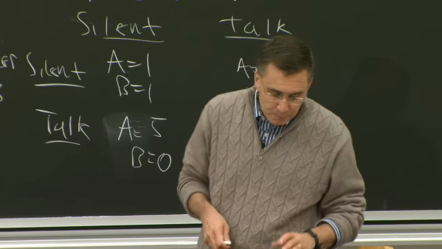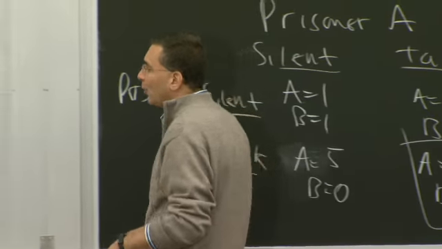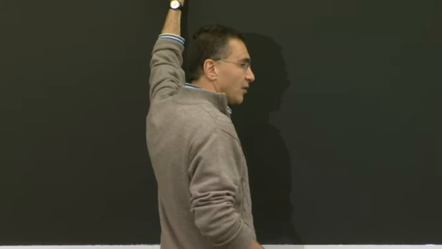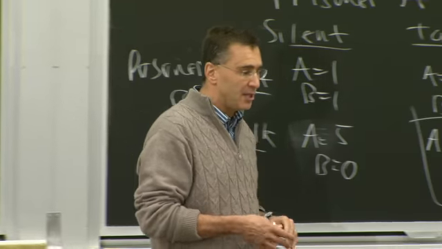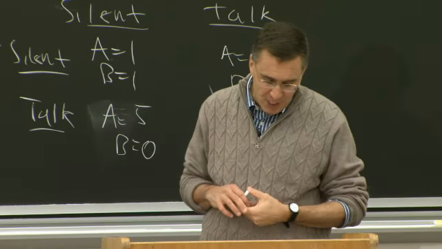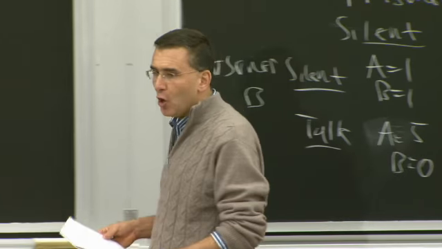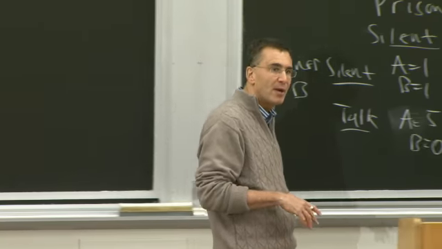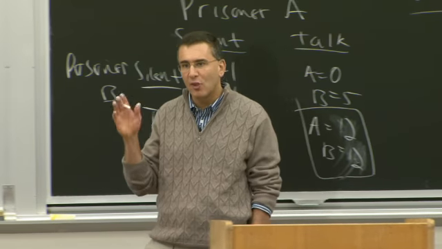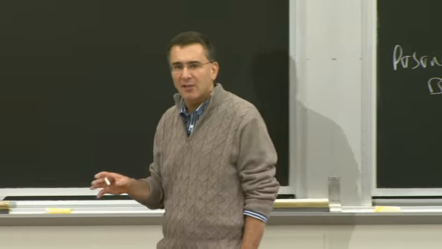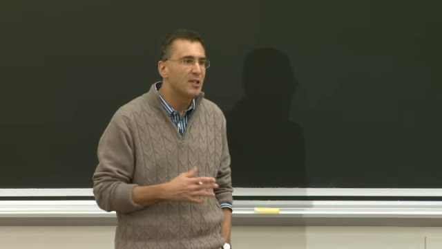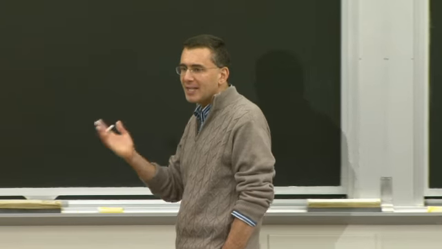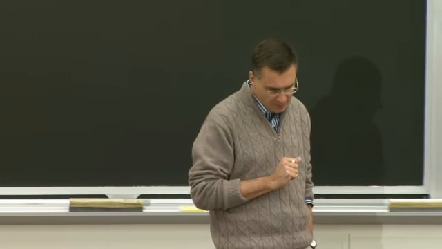Okay. Now, this is not just a cute example that you can use for prisoners, but actually explains firm behavior in many contexts. So the best example I like to think of this is to think about advertising. Okay? So imagine Coke and Pepsi, and imagine a world where Pepsi was as popular as Coke. That should never happen. Coke's way better. But imagine that was that world. Imagine a world where if there was no advertising, then basically Pepsi and Coke would split the market 50-50. Okay? Imagine that setup. So if Pepsi and Coke could agree not to advertise, they'd split the market 50-50.